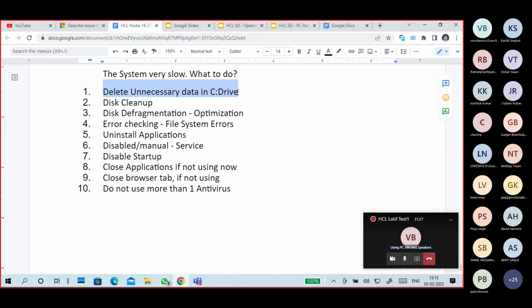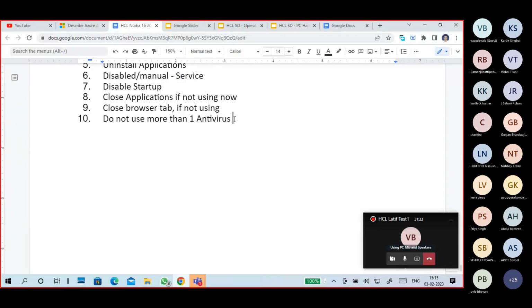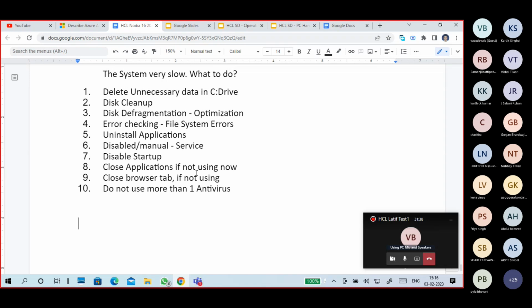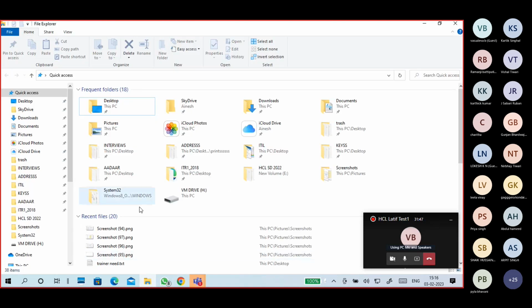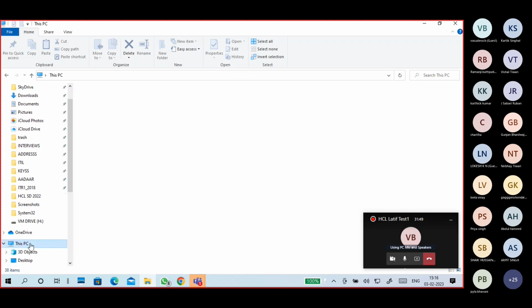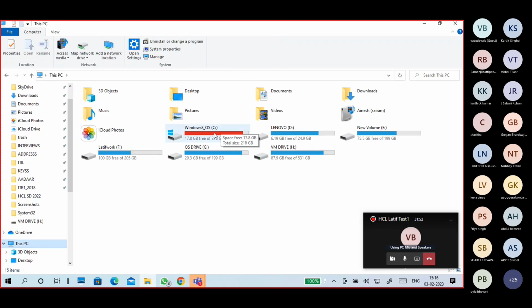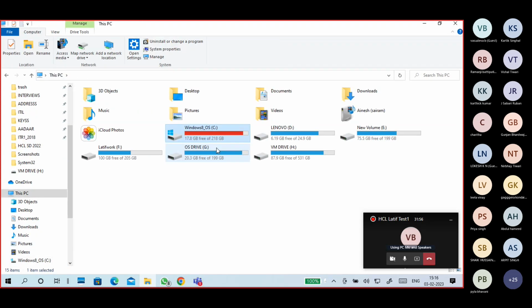So delete unnecessary data in the C drive. Delete means not required to delete, better to transfer. For example, important data is there, downloaded files are there, applications can be there, right? So better not to keep them in your C drive, because C drive is mainly for your operating system and installed applications. If you keep your pictures, music files, everything in the C drive,